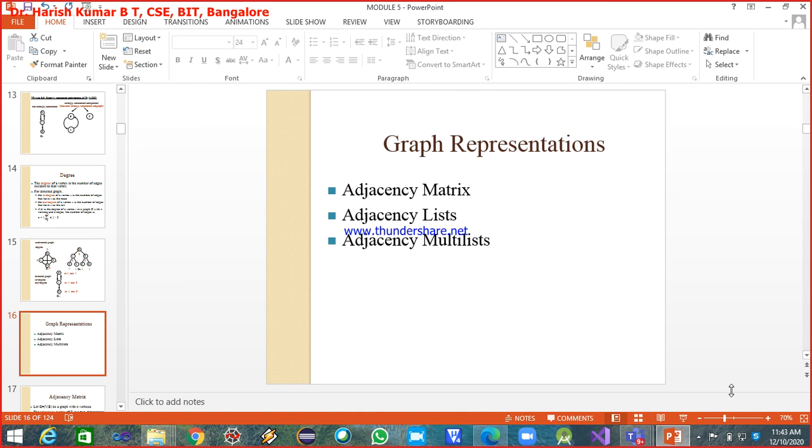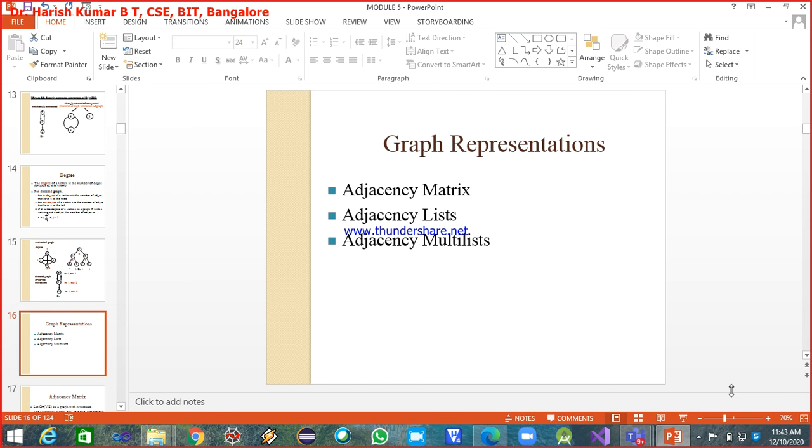To represent undirected and directed graphs within the computer system, we require a matrix. The matrix that we use to represent the graph, either undirected or directed, we call an adjacency matrix. That is one way of representing graphs within the computer system.